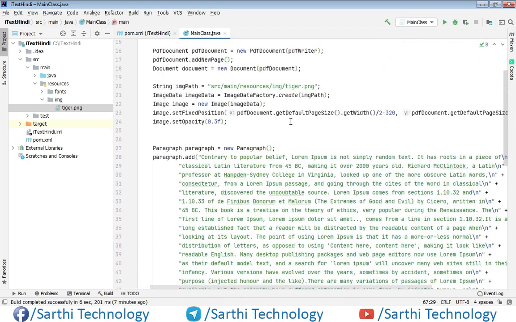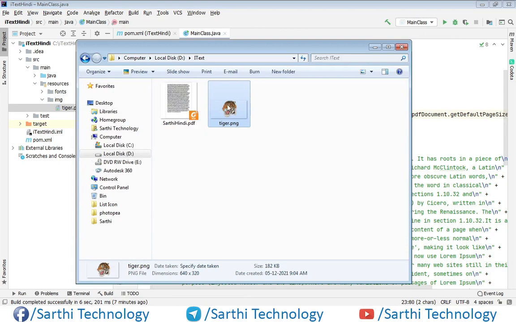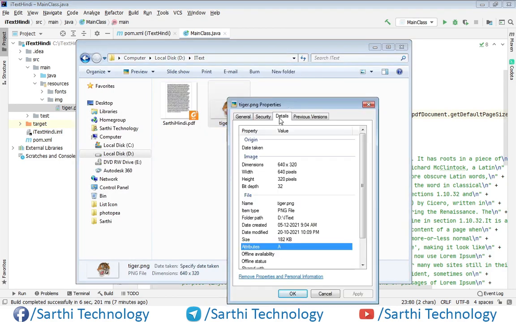Okay, so now let's run this. But before that, here you can see I have used 320 and 160 because in my case its size was the same. You can see 640 into 320, so half of 640 is 320 and half of 320 is 160.